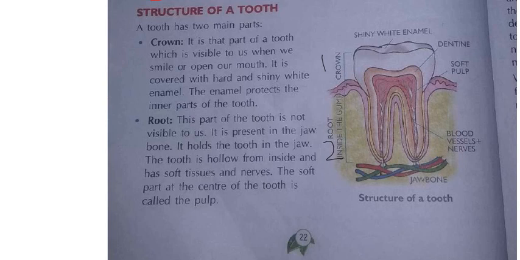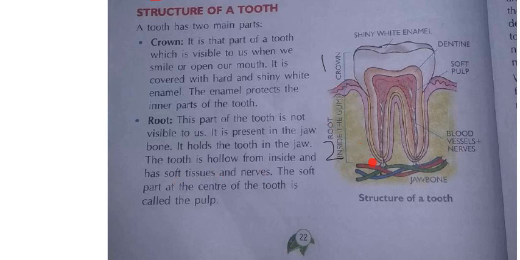Okay, what will be there in this? The root, this will have the tissues and the nerves. You all know that every body is made up of cells, right? If we combine the cells, what will we get? Tissue. If we combine tissue, we'll get organ. If we combine organs, we'll get organ system. That we have discussed many times last year, we have learned it in class. Yes or no? This root, what is that?